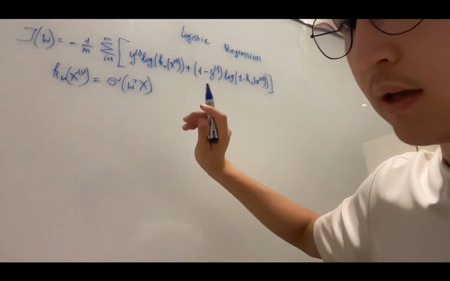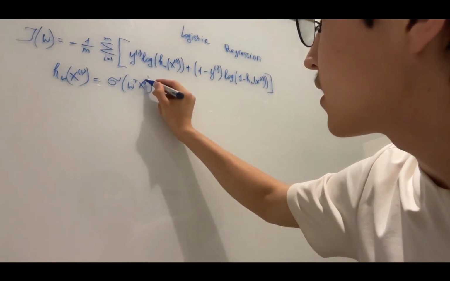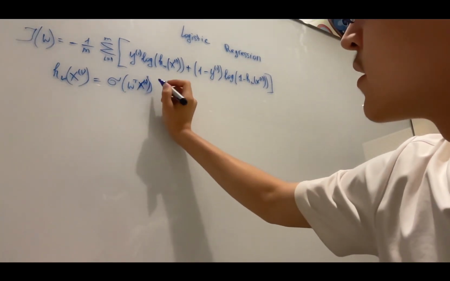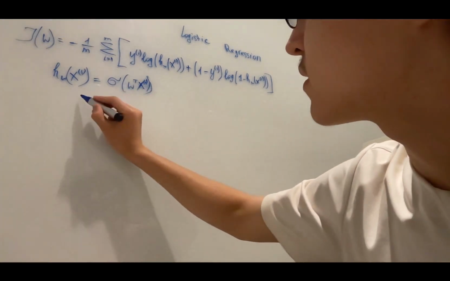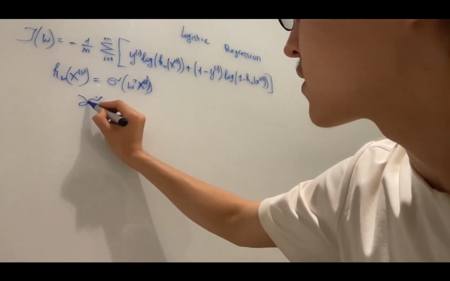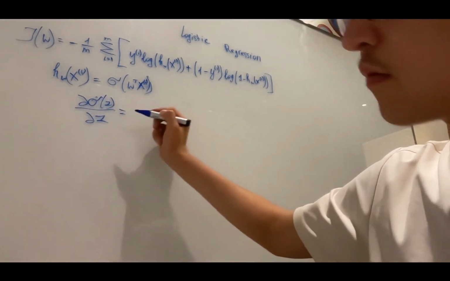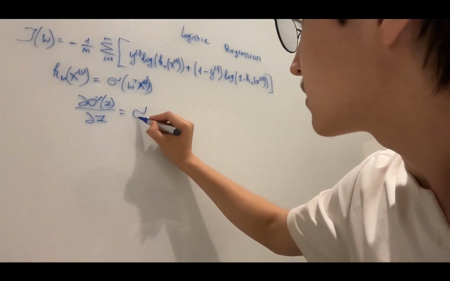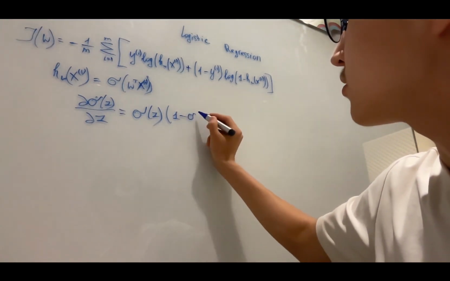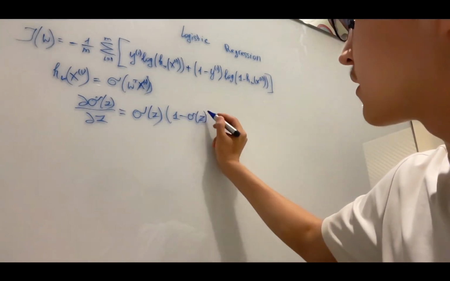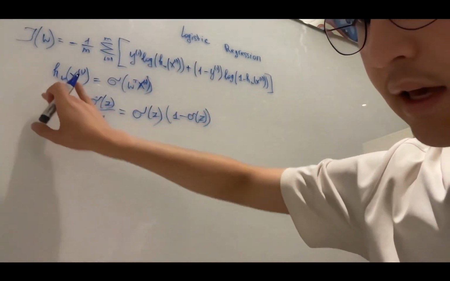Okay, and this x is not a matrix, it is a vector in i. So if we want to find the derivative of sigmoid, the derivative of sigmoid of a value z is sigmoid z times 1 minus sigmoid z. Which means if we apply this to our formula, it will become